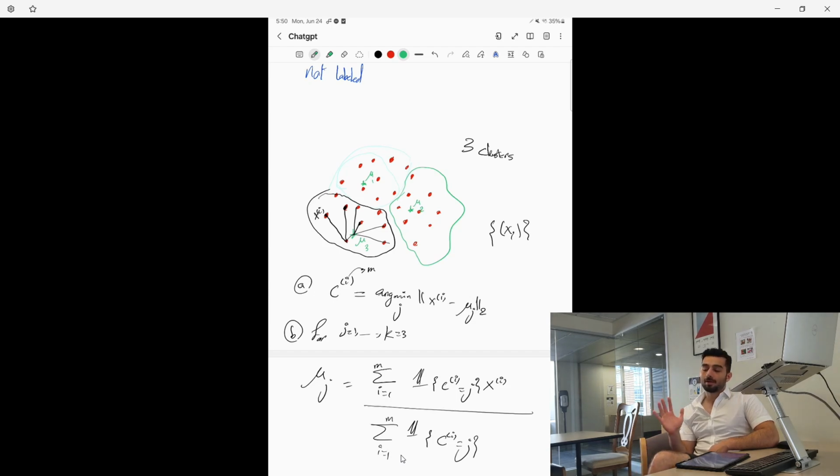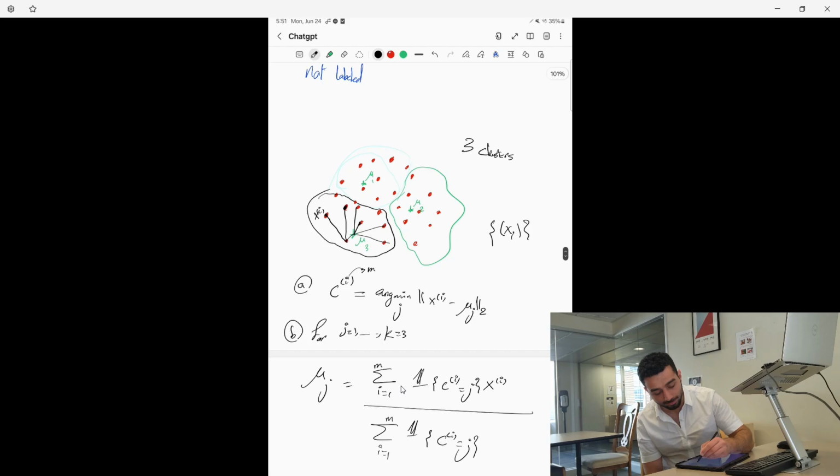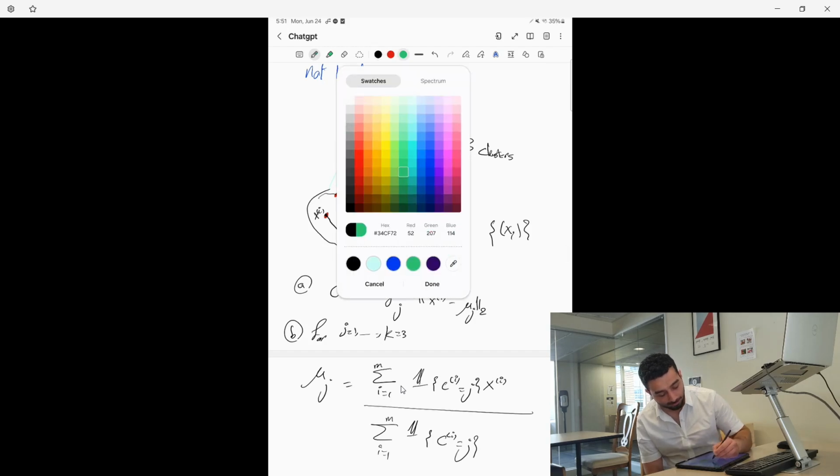It's pretty much a mutually exclusive partition of the data set, unless some data point is exactly equal distance from two centroids. In that case, probably we assign it to the lower index centroid, for example. Then what we are going to do is update mu1, mu2, mu3. So now it says mu1, and the new mu1, which I want to write with another color, purple.